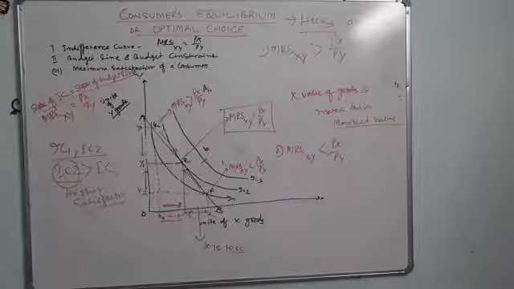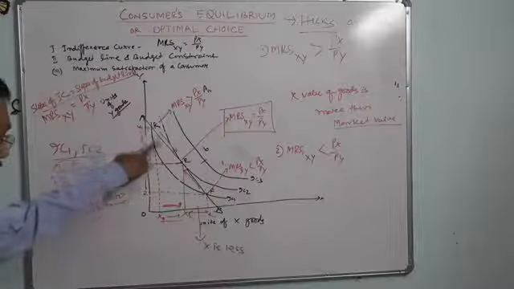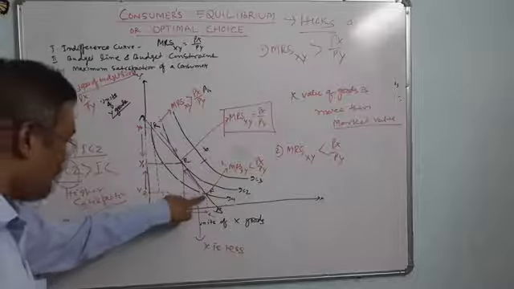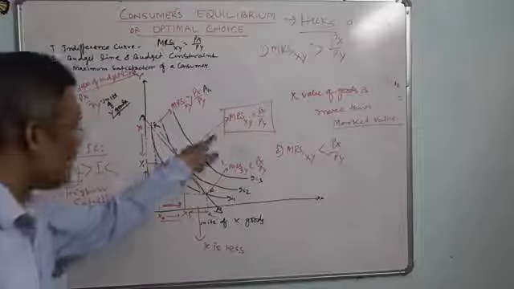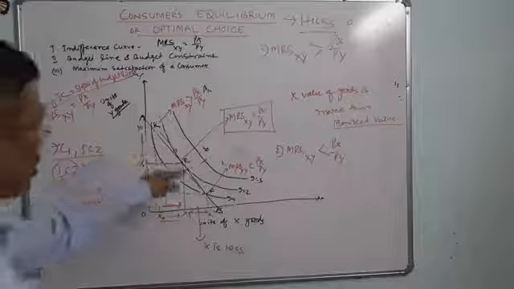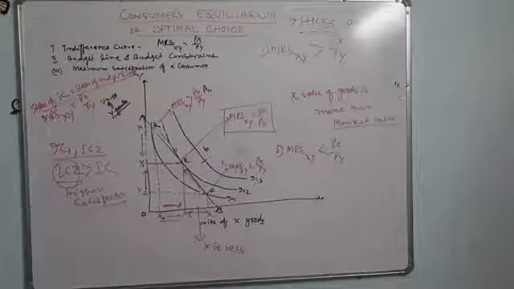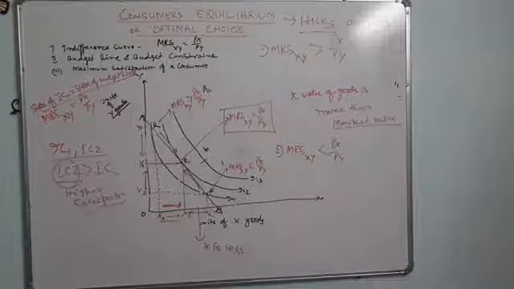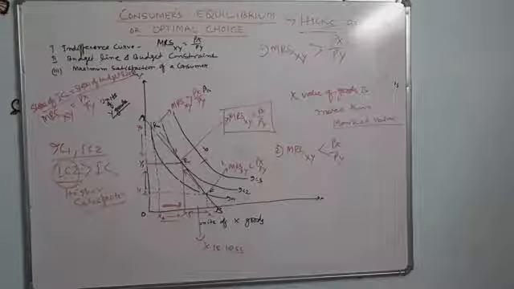The first equilibrium condition is necessary, but it is not sufficient. It is also satisfied at points R and F, but it is not satisfactory, because the marginal rate of substitution of X for Y equals price X upon price Y, and the indifference curve must be convex to the origin. In the indifference curve case, the consumer will be in equilibrium when the marginal rate of substitution of X for Y equals price X upon price Y, and the IC is convex to the origin.